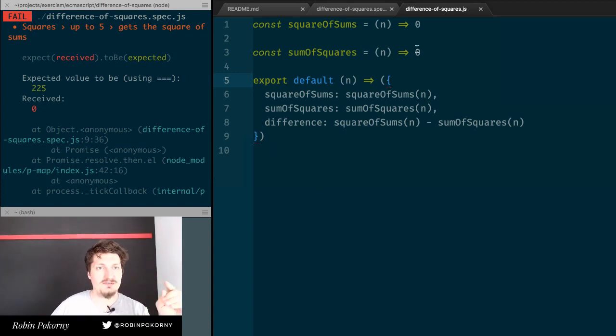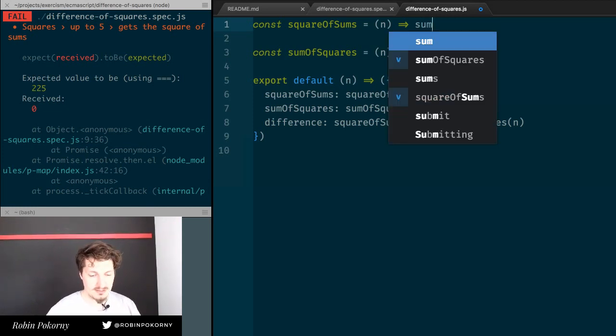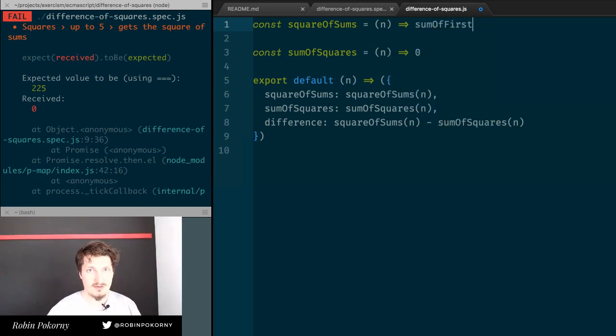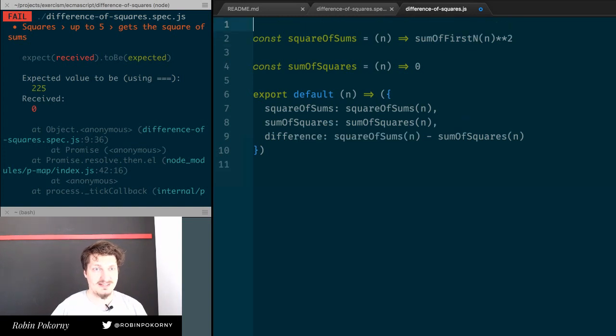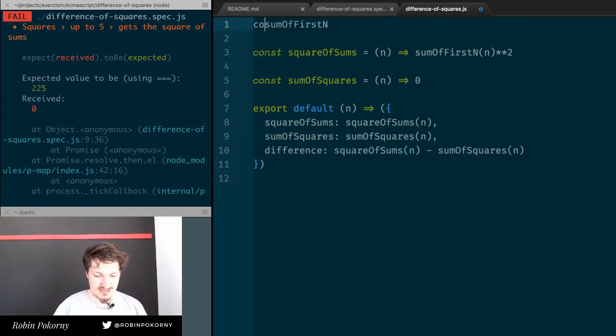So first thing would be sum of squares. No, what is that? Square of sum. Yeah, that one is easier, right? So what we will do is we can just make it easier. It will be sum of first n, and we will do a square on that. That's it. So we just need to implement this function, and that one is, oh, that's the famous Gauss one,